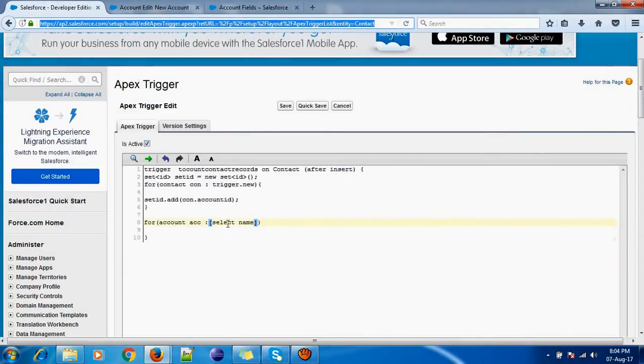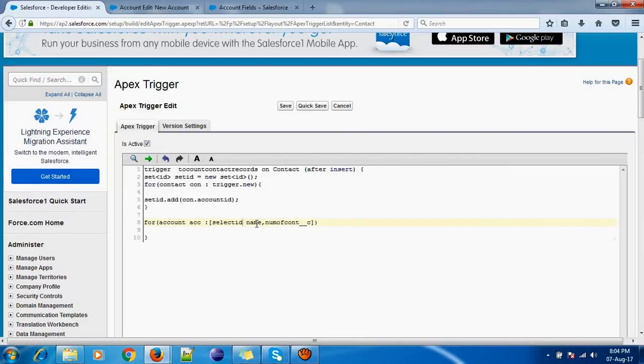So for Account acc, select name, comma, number of count. You can take the ID also: ID, name, number of count, and we also require the ID for contacts, and we will put it in a variable, so that we can traverse it using the acc variable.